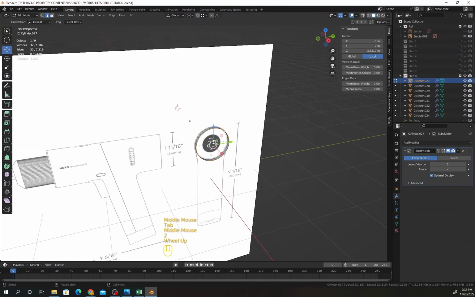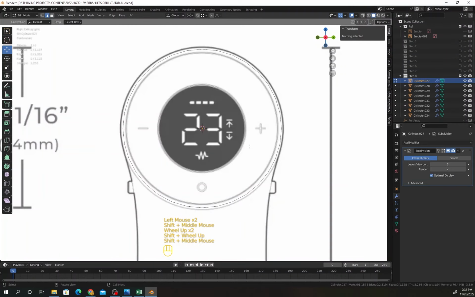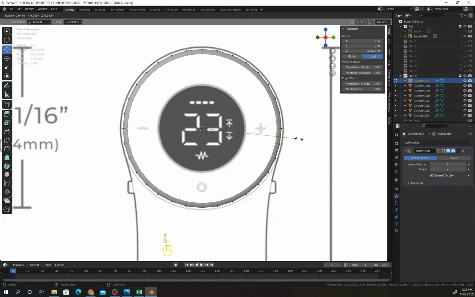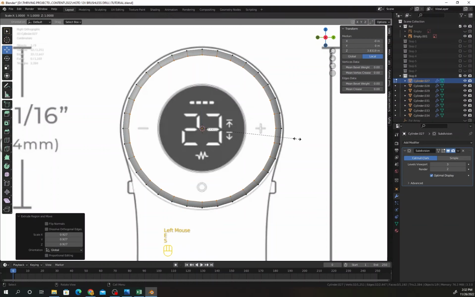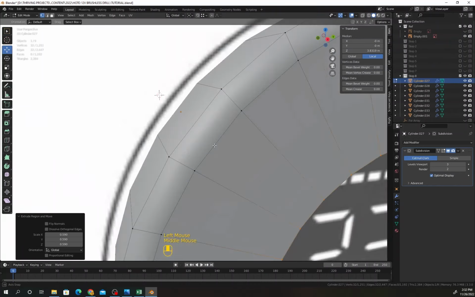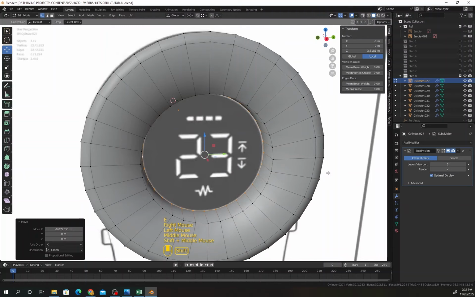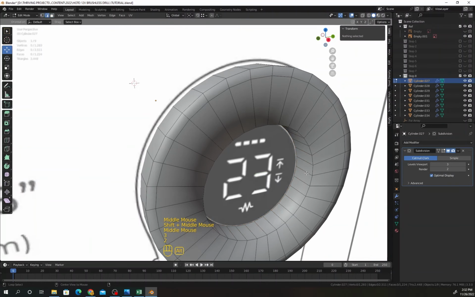go to the edit mode, select this loop, press E and S, again press E S one more time, press E, move inward, select this,